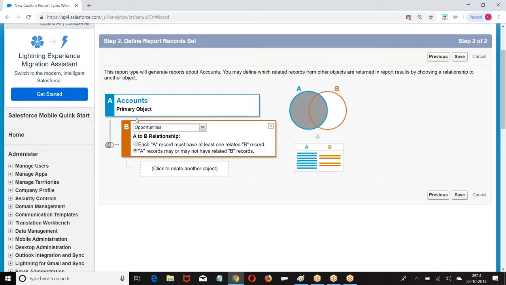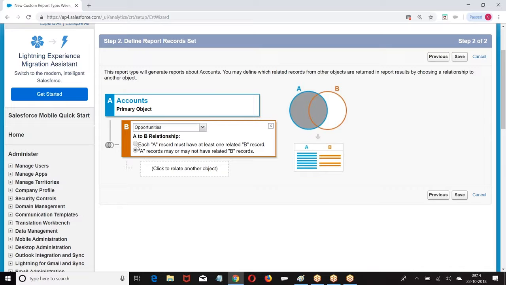When I said I want to include an opportunity, they are asking, do you want to take every account which has an opportunity or doesn't have an opportunity, or only those accounts which have an opportunity? I said parent with a child. Do you want to take every parent which has a child or doesn't have a child, or only those parents which have a child?